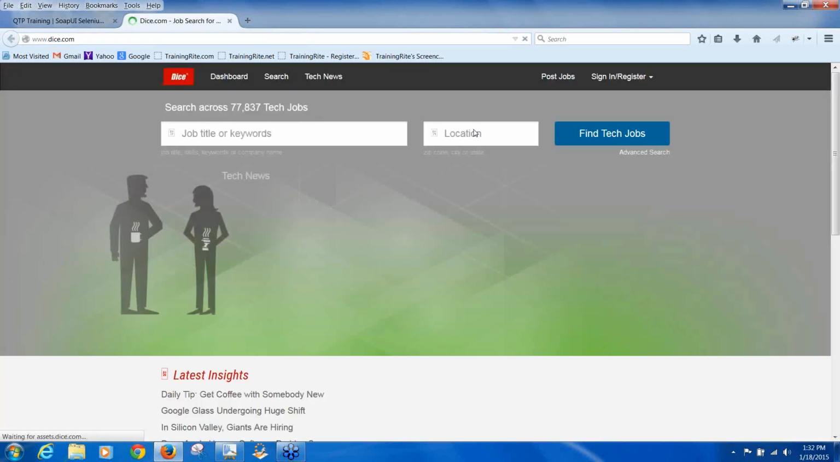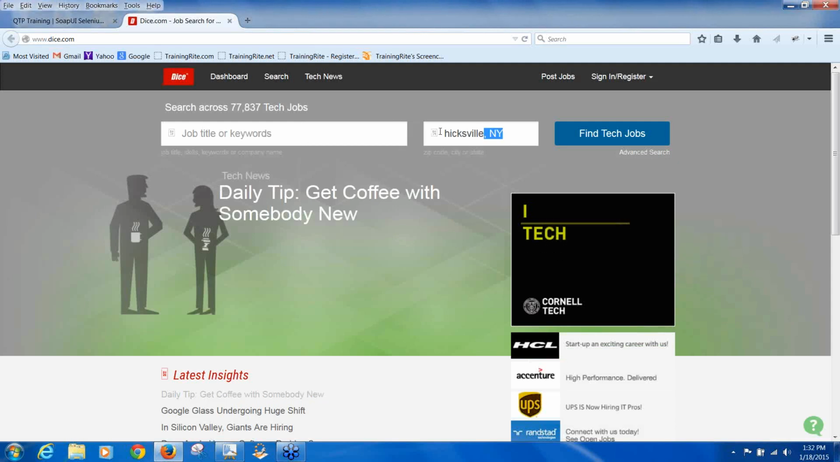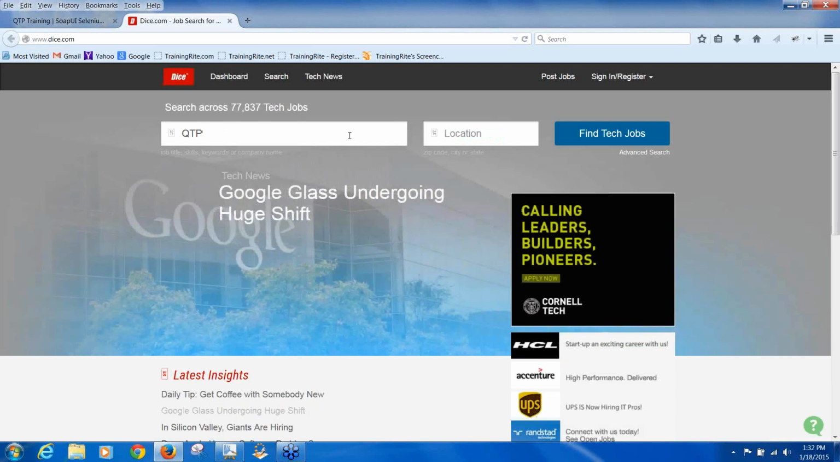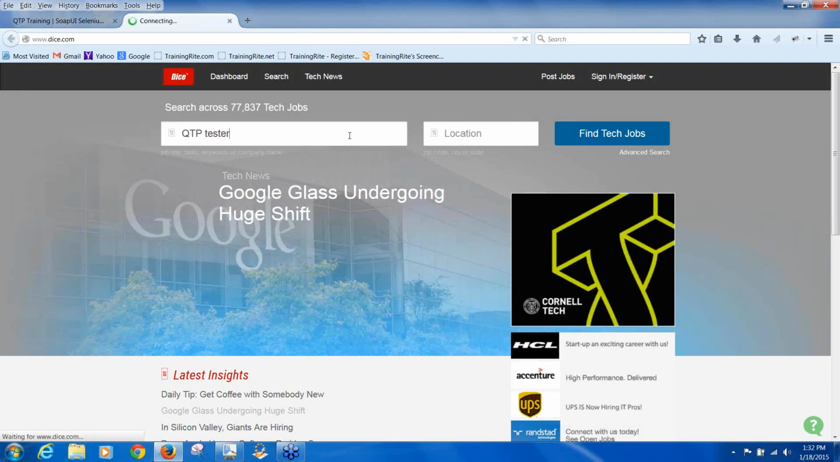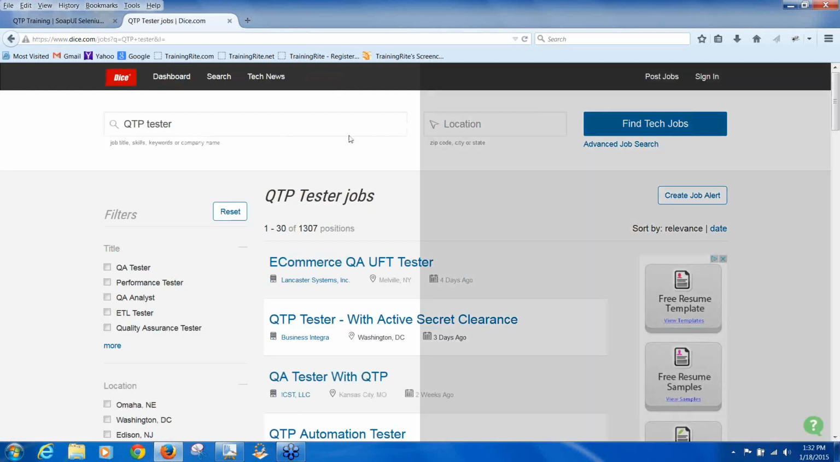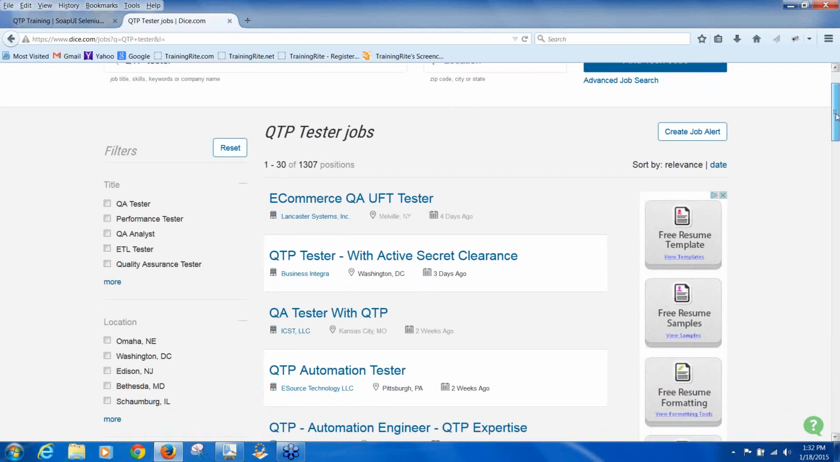Okay, if you go to dice.com and do a search on, let's say, we'll go with QTP, QTP tester, right? Now, believe it or not, there are huge openings out there. For QTP, not just for QTP, basically for testers. But the catch is, these days they are looking for automation. So whether it is QTP, Selenium, SOAP UI, whatever,